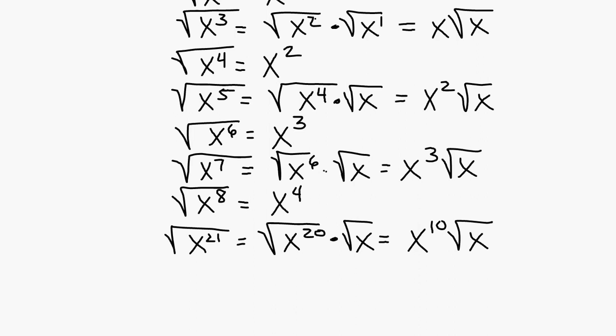Do you see the pattern? Yes. This 21, right? If you subtract 1 from it and divide it by 2, you get a 10, don't you? Times the square root of x. If you take this 7, subtract 1 from it, you get 6. Divide it by 2, you get 3 times the square root of x. That's your pattern. So now you're going to be simplifying radicals that have variables in them, like